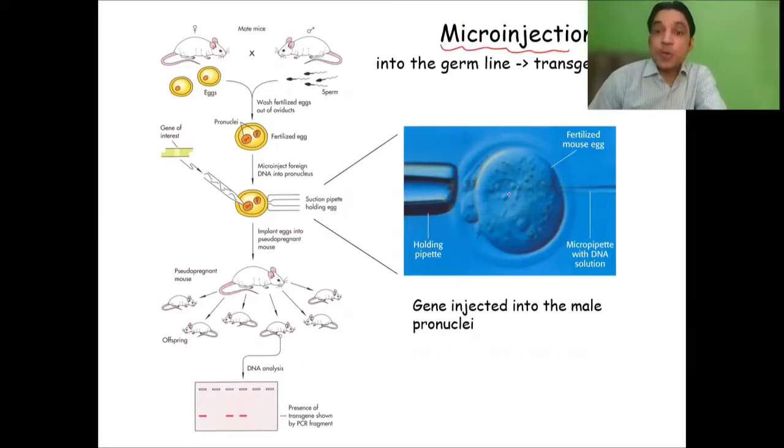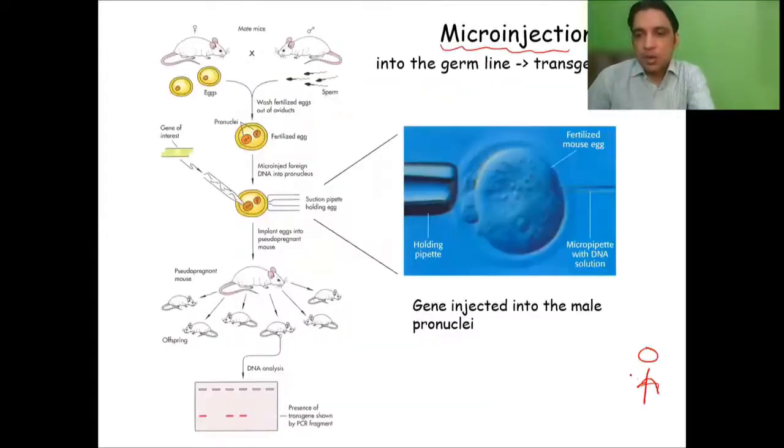If you want to build an organism, and you want every single cell of that organism to receive the changes, every single cell of that organism receives those changes, if you want that,